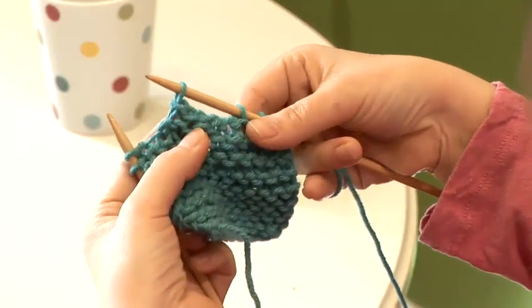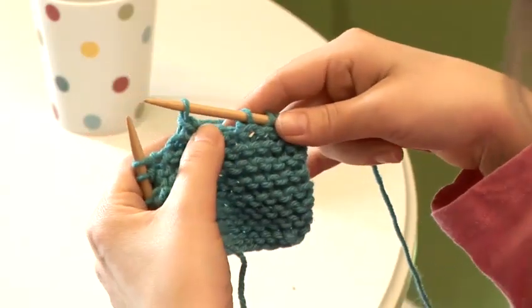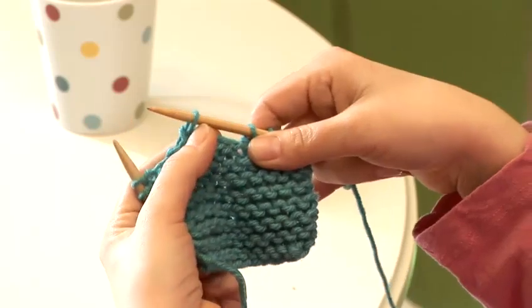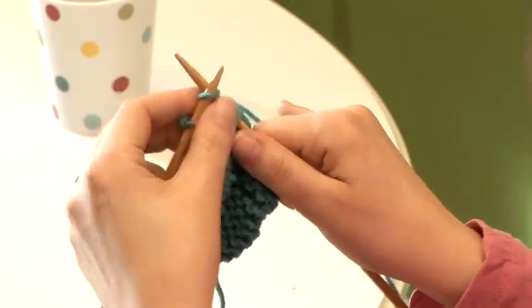So those 4 stitches have now formed a gap. That's going to be our buttonhole. You want to measure your button so that the buttonhole is slightly smaller than the button itself, so that the buttonhole has to stretch open for the button to pass through. And then I'm just going to knit to the end of the row